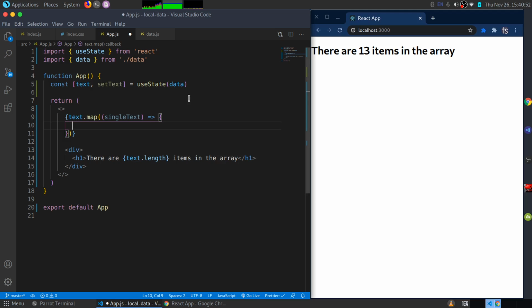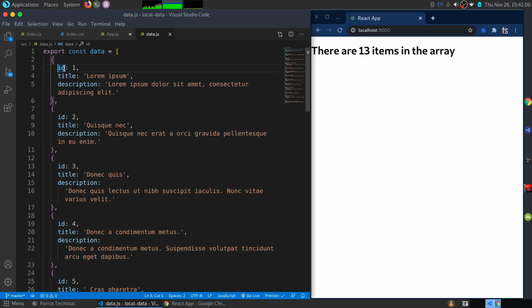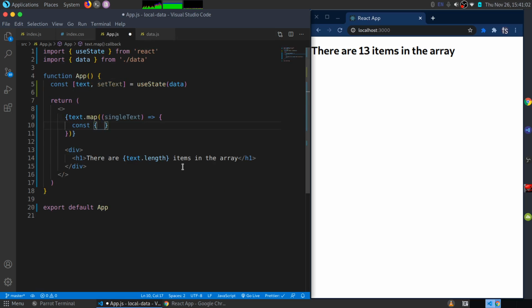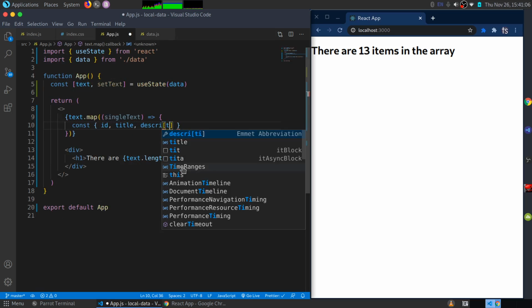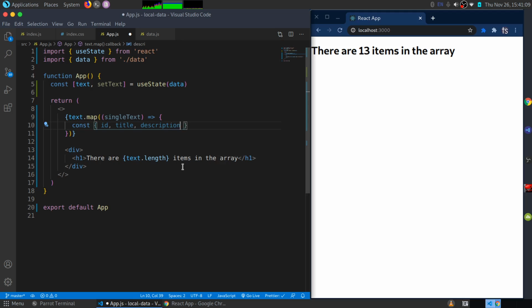Okay, and we can do that by saying const and then placing curly brackets, and my data only has 3 values, and I'm going to say ID, title, and description like that, and this will be coming from